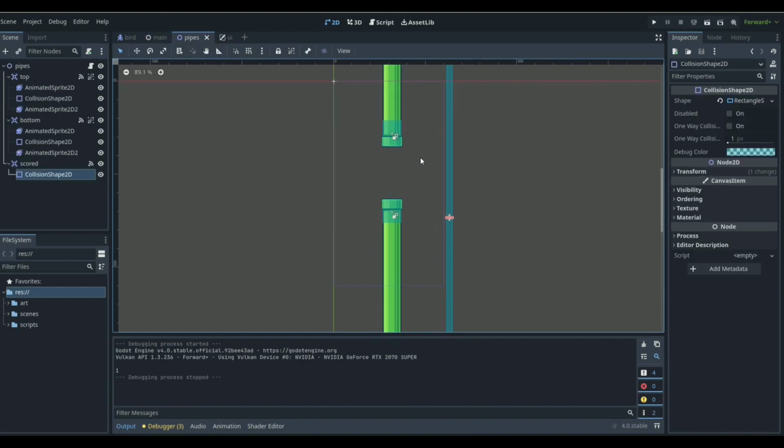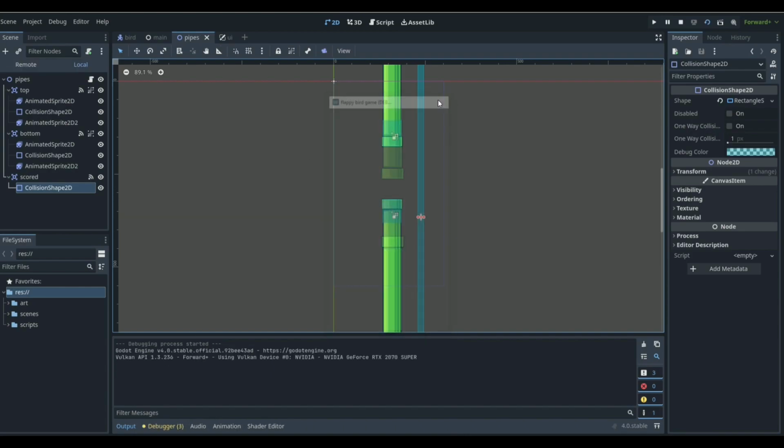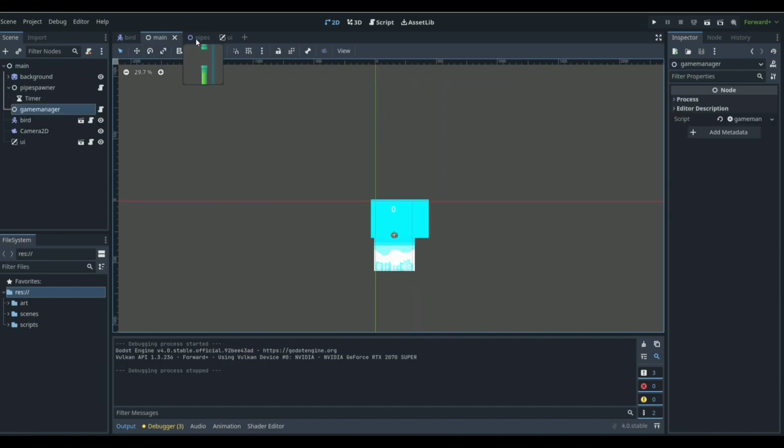We can always make that a little bit closer as well. So we can go to our pipes and bring this in a little bit to right here. So if the bird hits one of the corners of this, there's just no way it's going to be able to hit this at the exact same time that it hits the pipe, right? There's just no way because it's too far back. So if we go to main